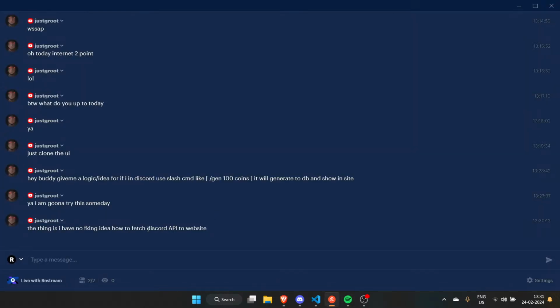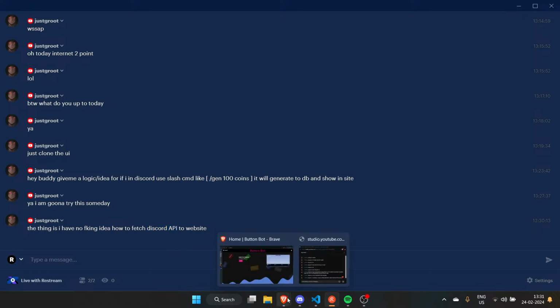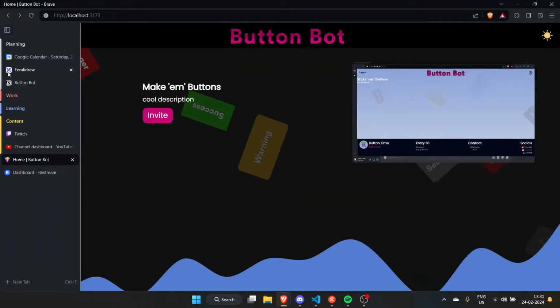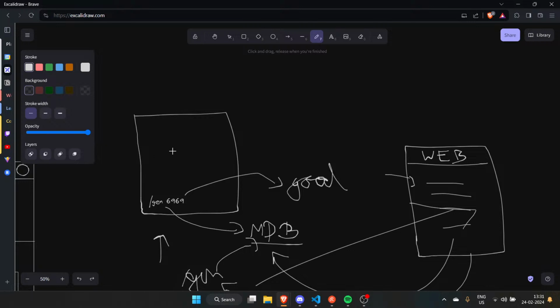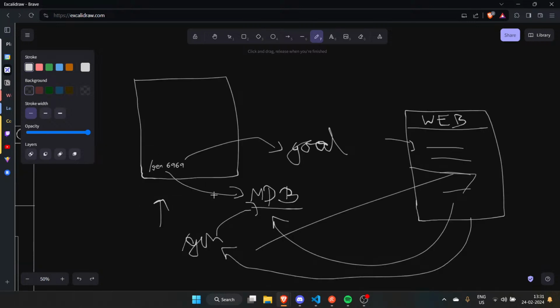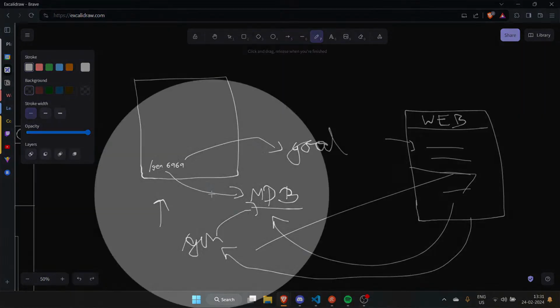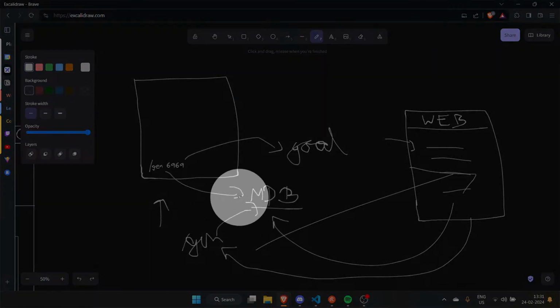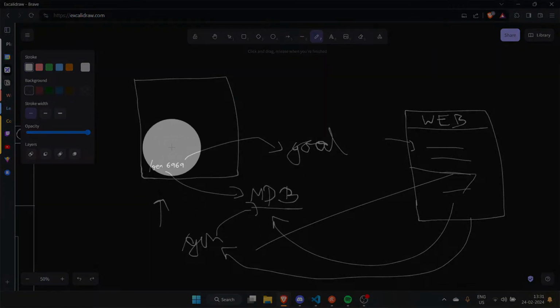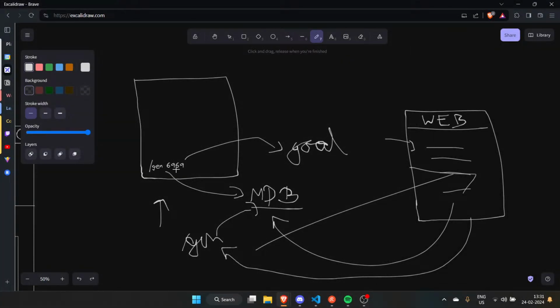Why do you want to fetch the Discord API? You have to make your own API. What I'm trying to say is, let's say somebody used your Discord bot. They ran something like gen 6969. Now you will reply with "yay, 6969 generated." After that, just save in your MongoDB that this user, or maybe the user ID, generated 6969, and whatever else you want to store.